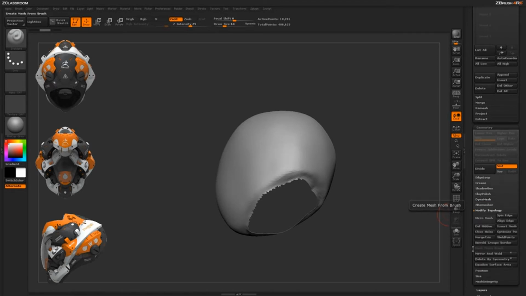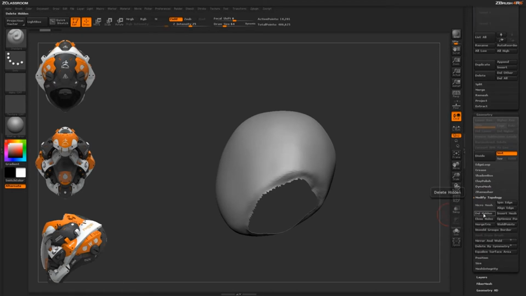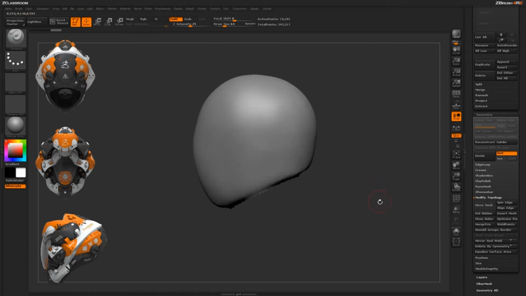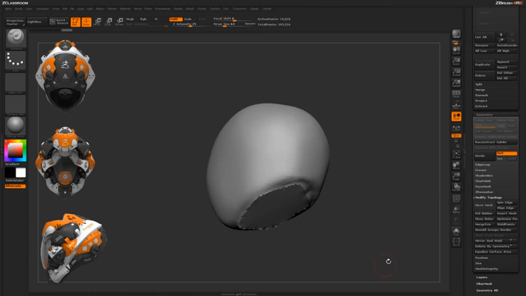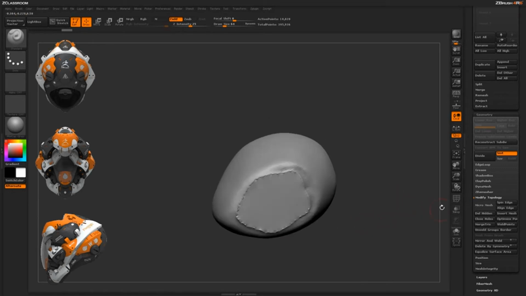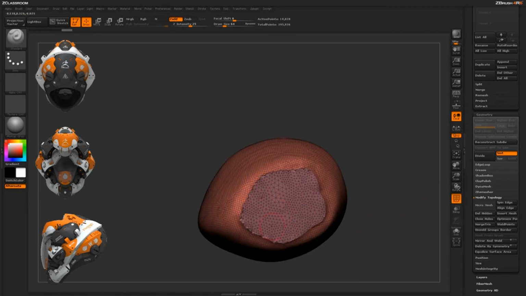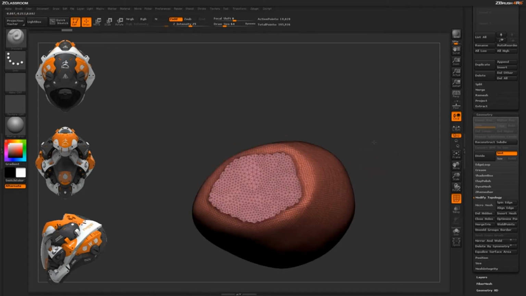I'm going to come down to Modify Topology. I'm going to do a Delete Hidden, which is going to hide that portion we just isolated with the Select Lasso. And I'm going to do a Close Holes, which is going to come in and fill that surface. Now, after you do that Close Holes, you're going to notice that topology in that area isn't really perfect for